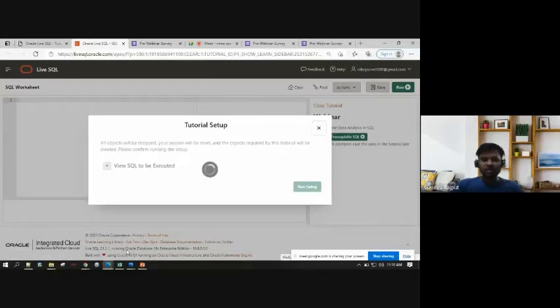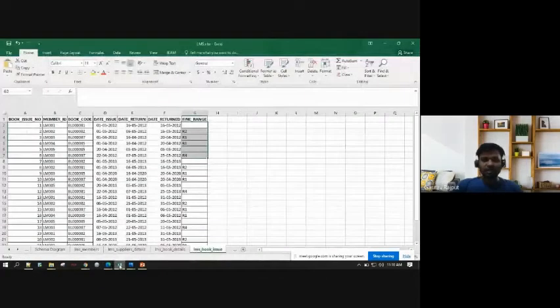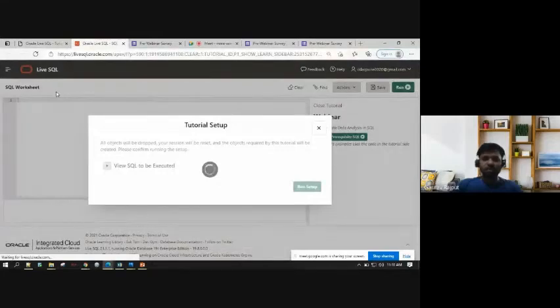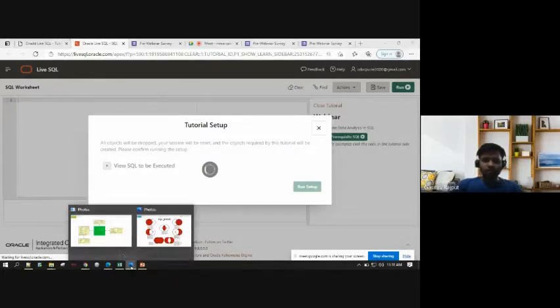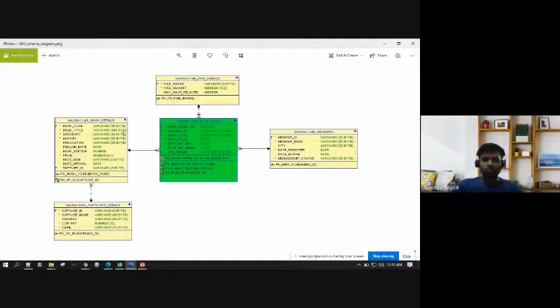This setup is basically me trying to load this Excel data into the database, right? So behind the scenes, you have an Oracle database here. It could be any database, but I've just chosen Oracle because I could show it online. So I'm just running that SQL, which is the data set, right? So while this loads, any questions on the data set? Anybody who did not, do you want me to go through this data set again? Because when we write queries, we need this data set, and that's important.